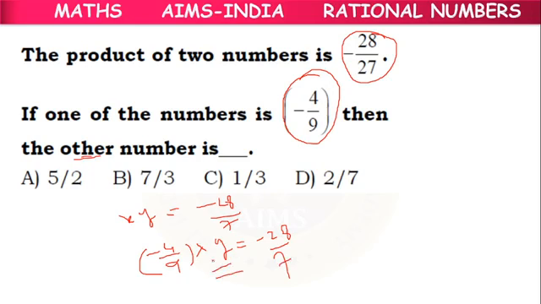If I want to find y, this minus 4 by 9 will come to the right hand side. Then y equal to minus 28 by 7 into minus 4 by 9. It will come to the RHS side, so it will become its reciprocal, 9 by 4. Minus we can keep upwards, for the numerator. Now after cancellation, 4 7s are 28. 7 and 7 get cancelled. Minus into minus, positive.